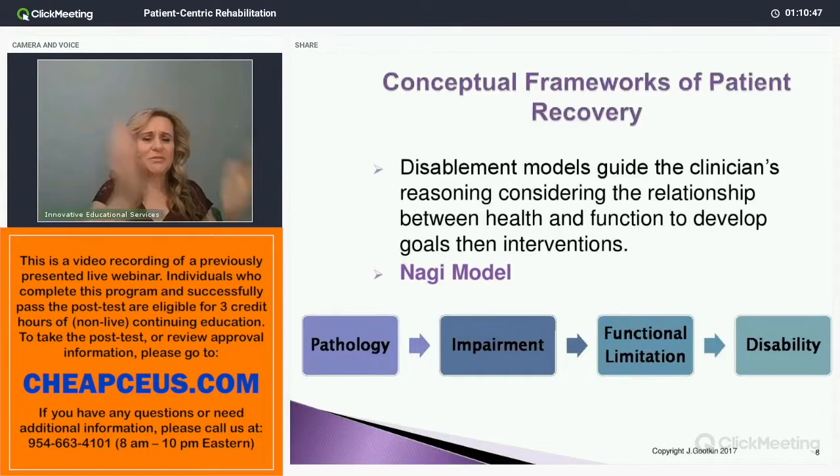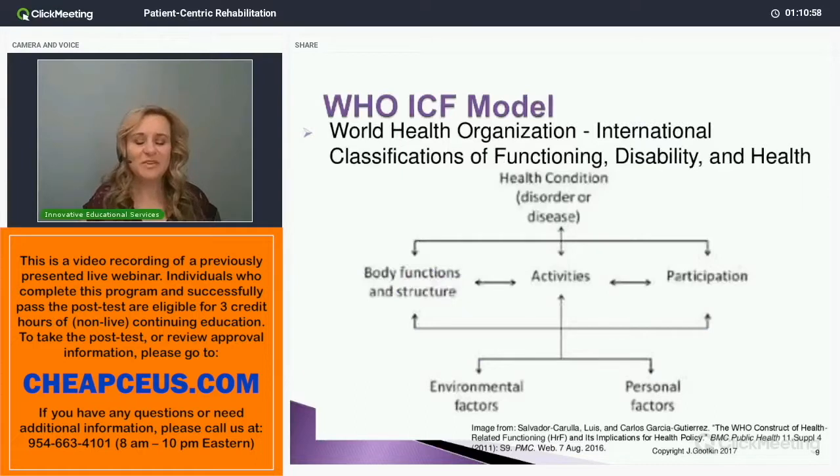How do we come in there? We fix the impairments, we improve function, magic, patient should be better. And generally speaking, those are some things we need to consider. However, the World Health Organization in 2001 looked at this model and said, while yes, we do need to consider